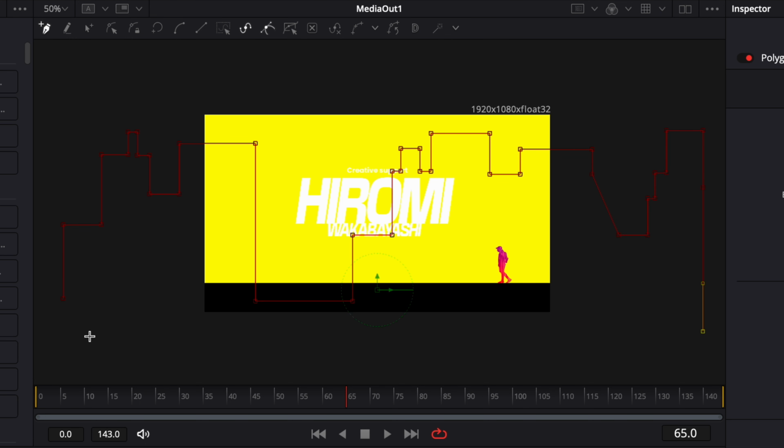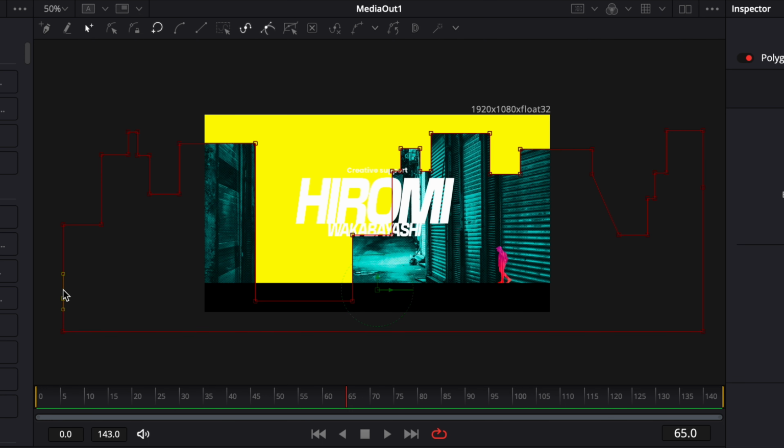And now once you're done, you can just come here and close the loop. If you don't feel comfortable just doing it randomly like I've done it, there is really nothing complicated about it. Just do a bunch of shapes and see how it feels. Otherwise, you can just take a picture of a skyline on Unsplash and do the same process that we've done for the character. Just outline the skyline and then you can just use that.